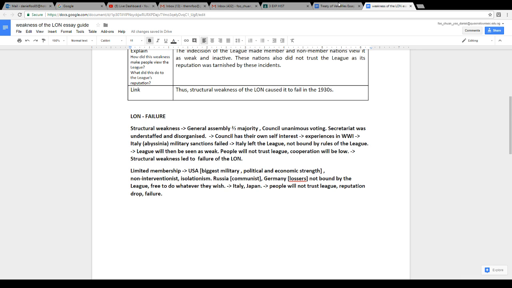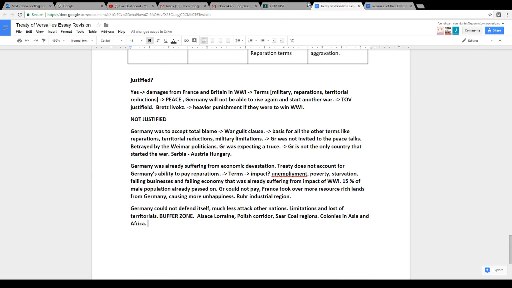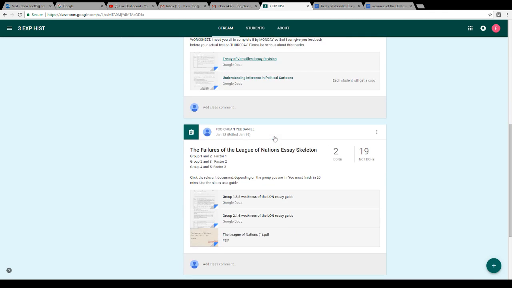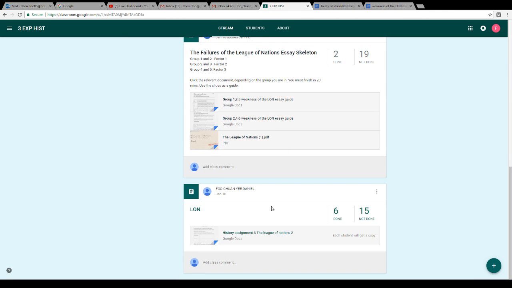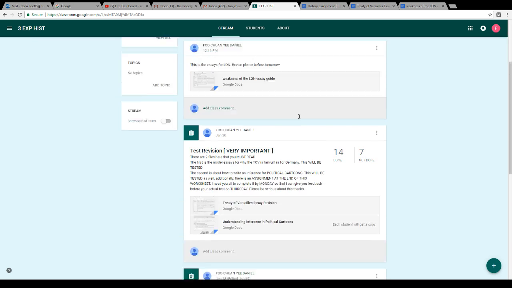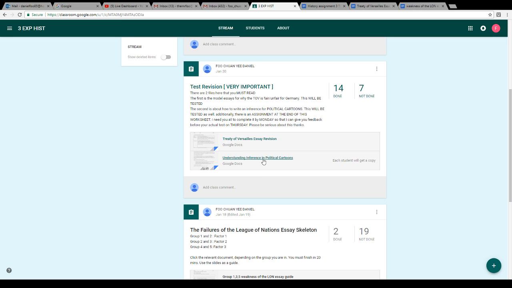Okay, last one. I'm going to just go through our political cartoons very fast, and then after that we're done. Okay, you can go and sleep. For political cartoons, you have to look at the question very carefully. Why not I just go through the one that some of you did and some of you didn't do, for reasons I shall not say.